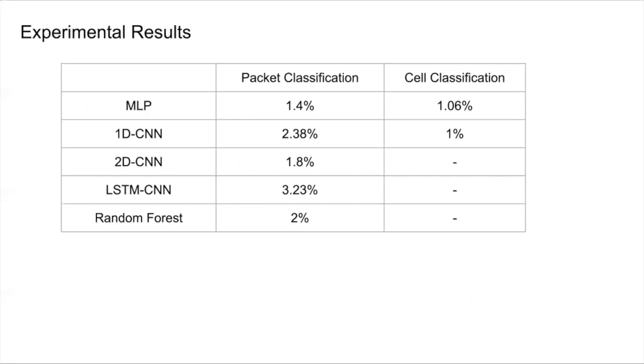Afterwards, we ran some experiments over our dataset, and as you can see, the accuracies were mostly for verification of the dataset. But at the same time, we found that LSTM combined with CNN could achieve almost 3.23%, which is quite significant, knowing that these data are just random data, randomly distributed, and they should be encrypted. So I would say that there is space for future work to investigate what's actually happening. Probably there is some information leaking in some parts.